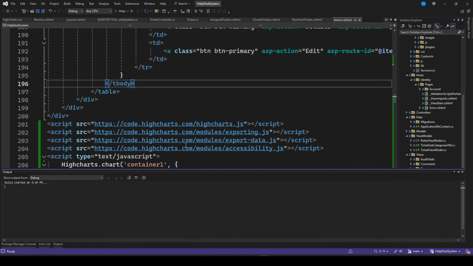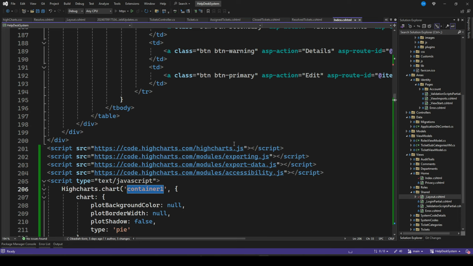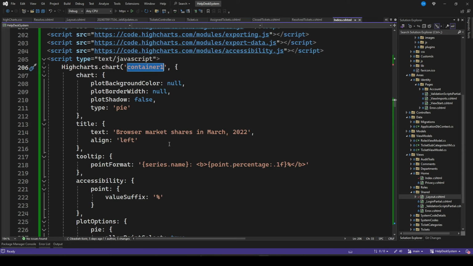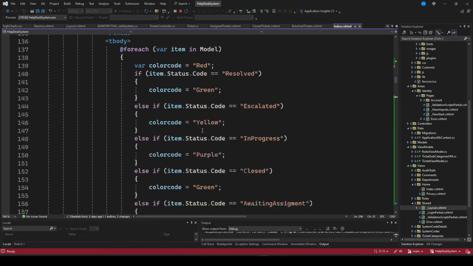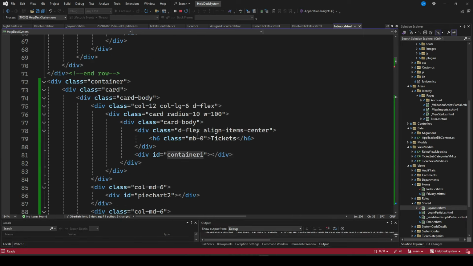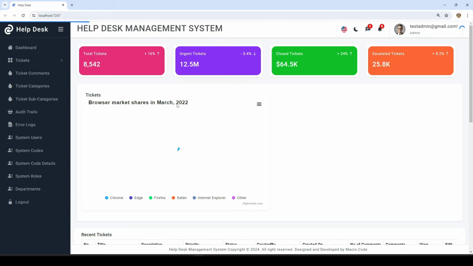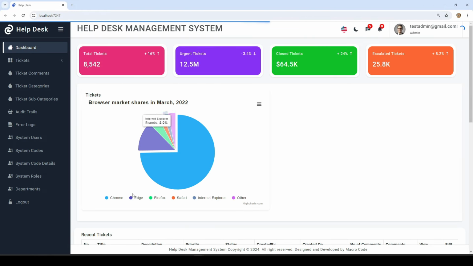So we have this, and we have our container. I've renamed this container 1. We have our pie chart, and we have our folders at the top here. So we have the container. If we relaunch our application, you can see we now have our graph for tickets,